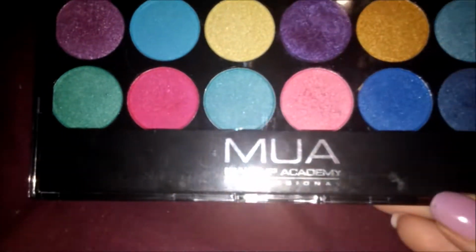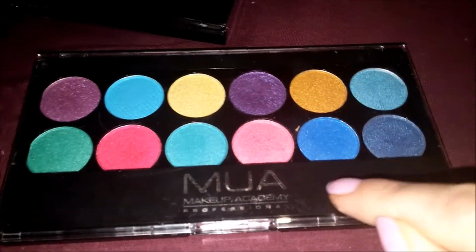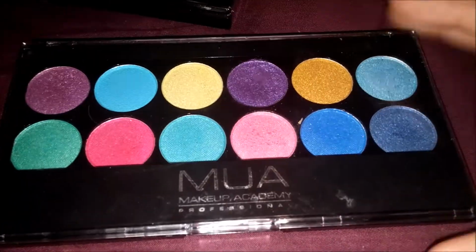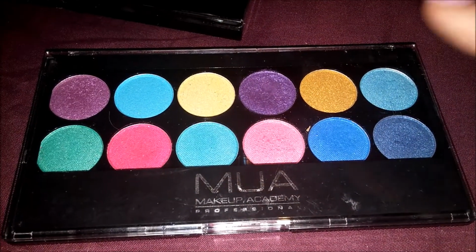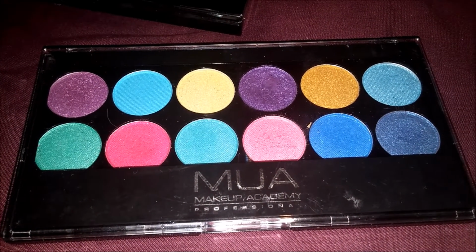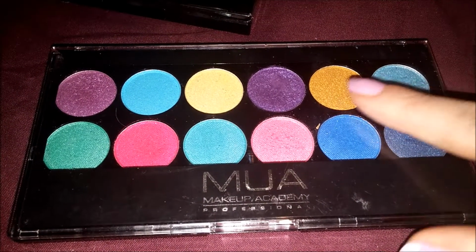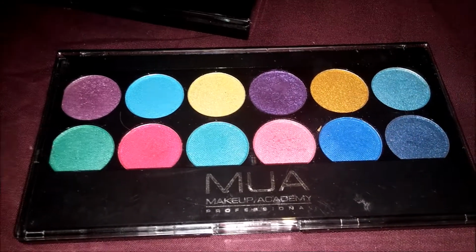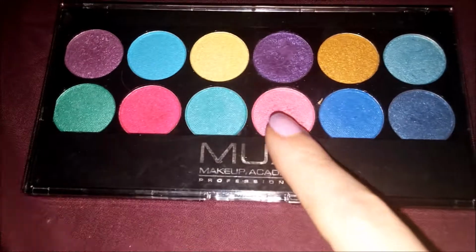Then we have the MUA Poptastic. Now this is a bold bright palette, and anyone who knows me personally knows I don't wear bold eye colours, and as you can see this hasn't had much use. But there are 3 main colours I love, and I've used pretty much every one. I don't think I've used this gold one yet, just because I have quite a few to choose from. But I like these 2,